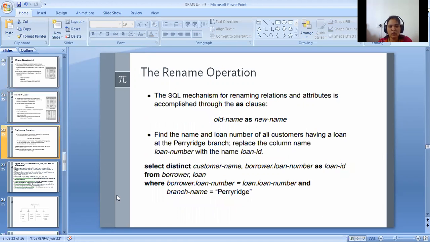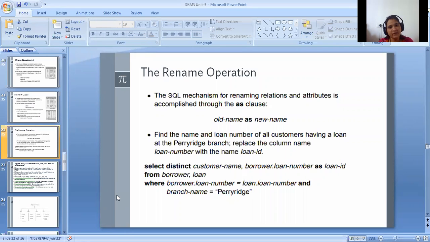Find the name and loan number of all customers having a loan at the Perryridge branch and replace the column name loan number with the name loan ID. You want to replace the loan number name with loan ID. So how to do this?